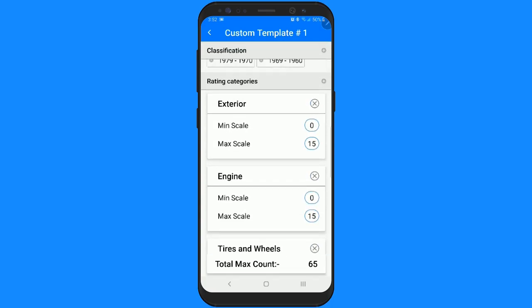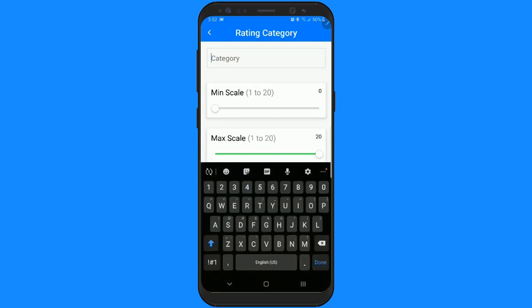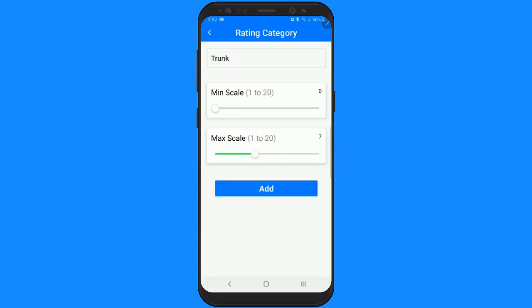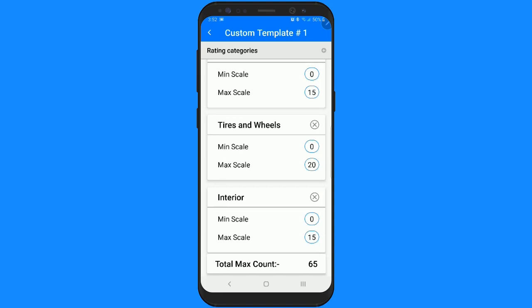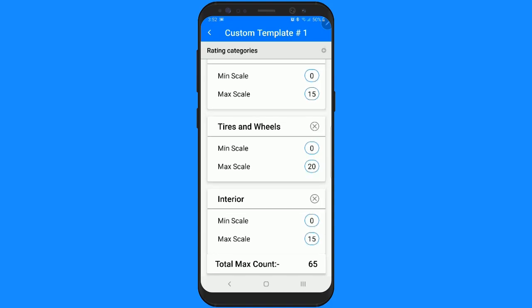So I'll add trunk, right? And by me adding trunk, I'm going to make that ratings point total just 5 points, right? You can get a max total point of 5 if the trunk is open and cleaned and so forth, right? So I've added that. Now it's jumped up to 70 points, and you can keep doing that. If I wanted to take the trunk off, I can take that off. I've removed it. Now the max total point count went down to 65,